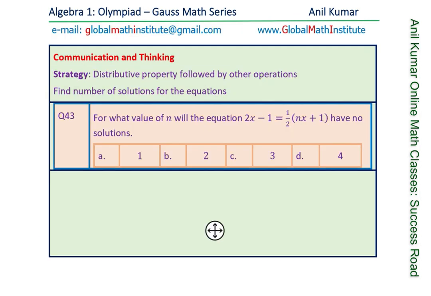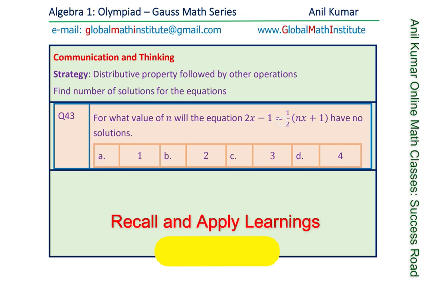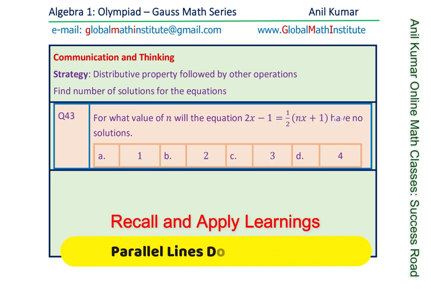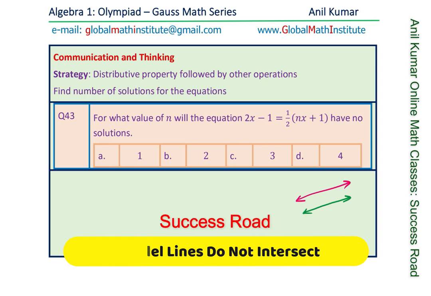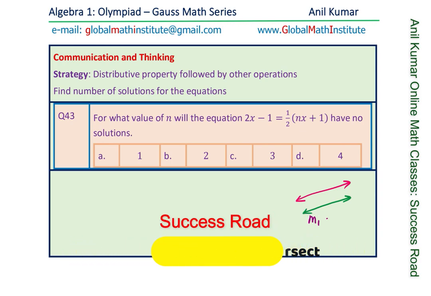Now let's move on and take up the next example, which is question number 43. For what value of n will this equation equal to that have no solution at all? So once again, no solution. I think now you understand the concept. Really speaking, the lines should be parallel, right? So parallel lines will have no solution, and that means we are looking for the situation where m1 is equal